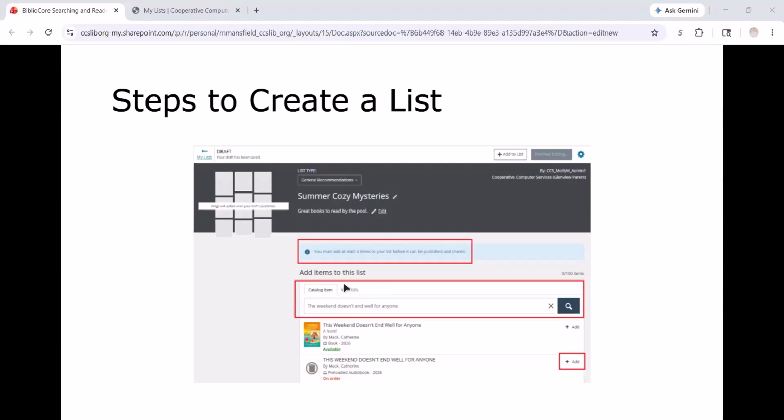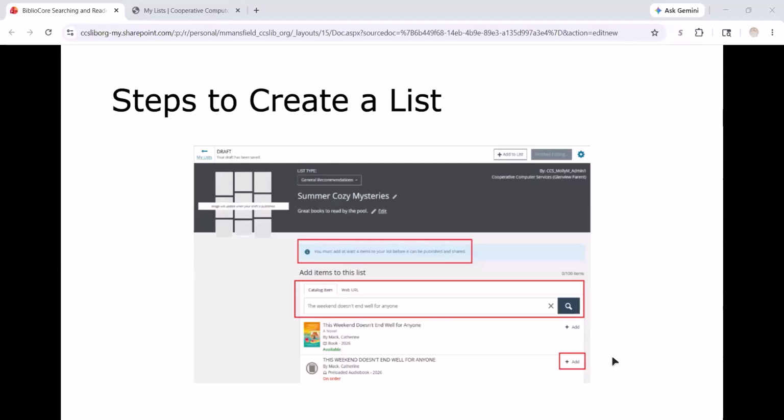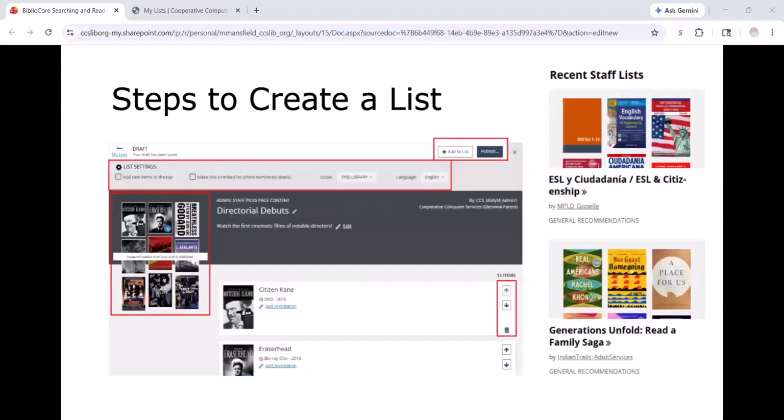You'll also notice it says a web URL. So if you had an events calendar, maybe a read aloud from an author you wanted to include in this, or something that you did at your library that you wanted to include, you can also include a web URL. So you can put any URL in here and it'll also populate into the list. So here are some interesting options for building these lists. And then again, to create that list,